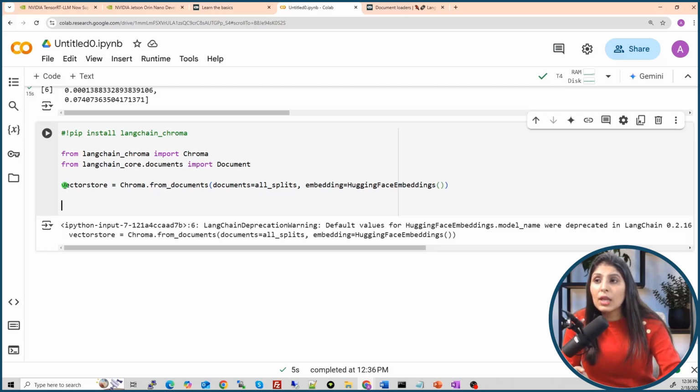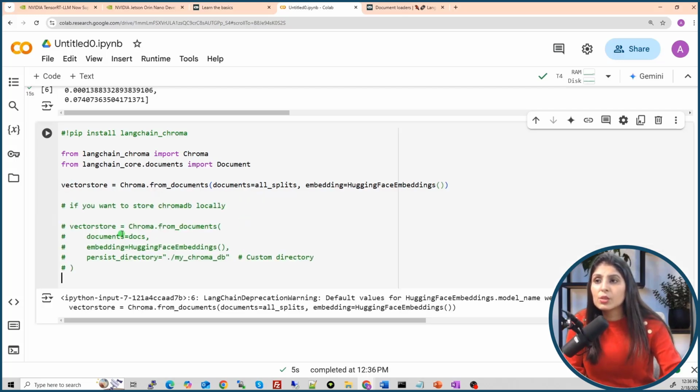If you want to do that, you can use this way. The entire code is the same. The only thing I added is this persist directory, and then in the current directory it will create a folder with the name my Chroma DB, and in that folder it will store all the embeddings.